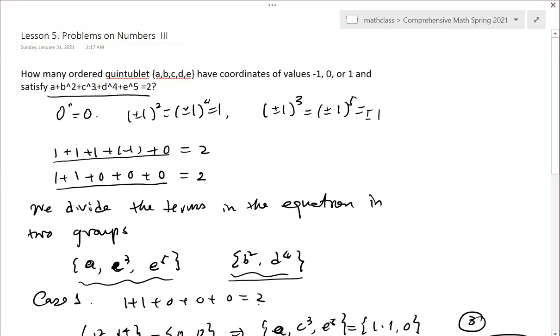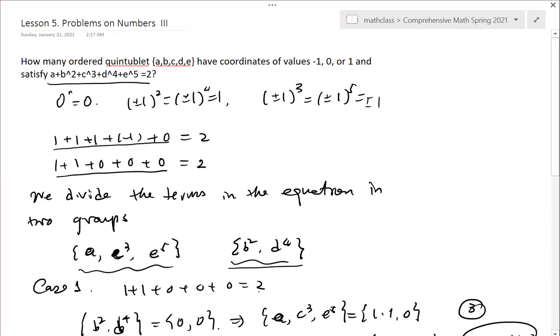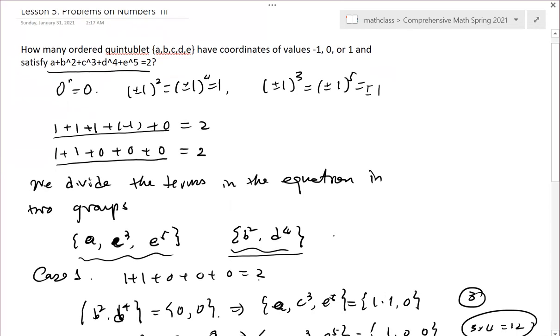So we divide the 5 terms in the equation into 2 groups. Okay, in the 2 groups, there's B squared D to the 4th and A C cubed E, right? So when we add them together, okay,